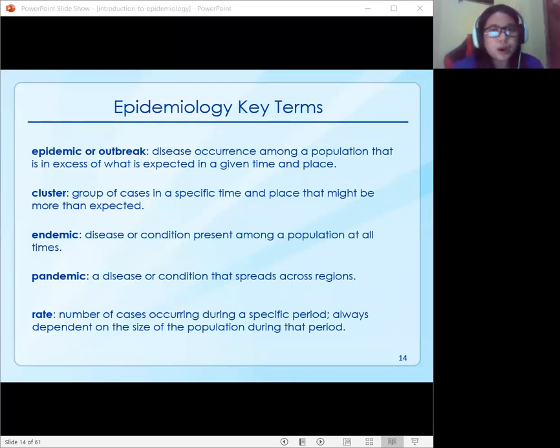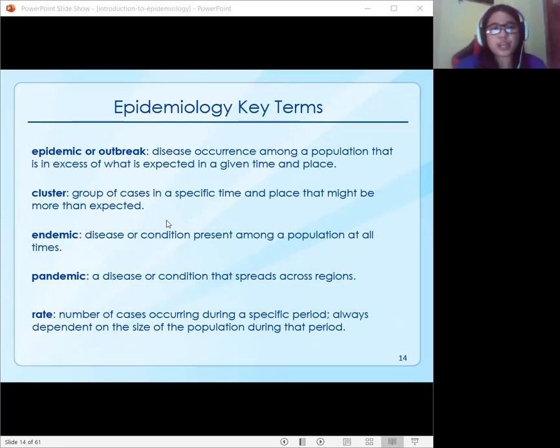Okay, now in this lesson, we are going to discuss epidemiology key terms. Of course, in our previous lesson, we were able to discuss what epidemiology is. Now let us review some key terms commonly associated with the study. You will see these terms throughout this course. So we have the word